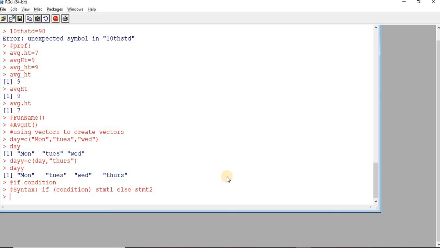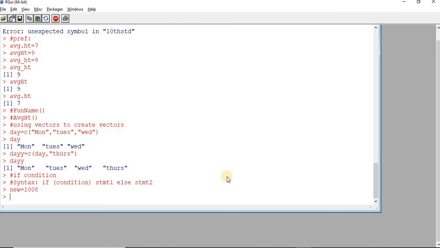Now let us see an example. So I'm creating a variable new. It is holding a value 1008. Now I'm going to check if this new is odd or even. So the condition is: I'm going to divide new by 2 and check if the remainder is 0.